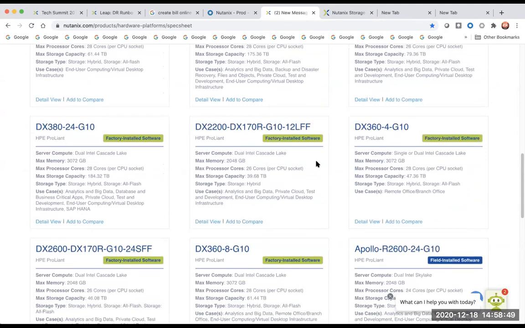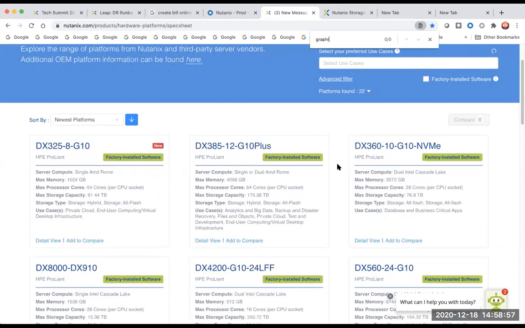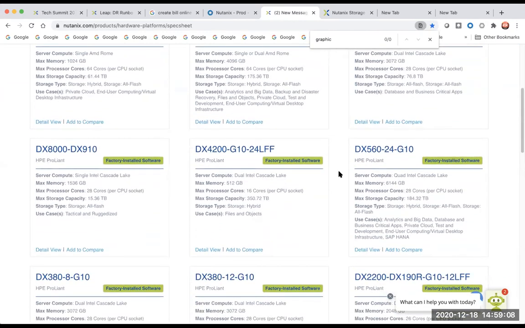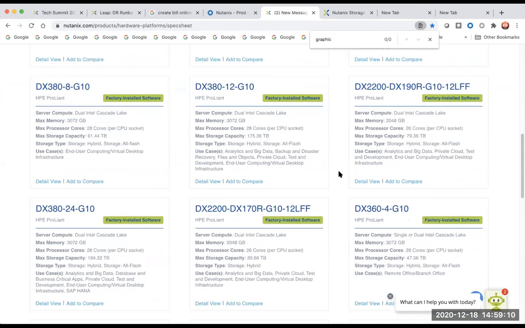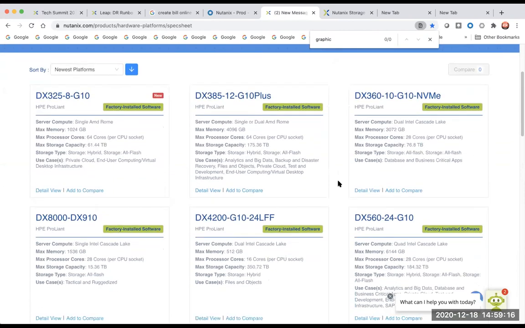Okay. So basically for VDA graphic we are 100% sure, to cut the question answer short, that you will not be able to use graphical users on that. But non-graphical VDA users, if you want to use, that will run on these same nodes. Okay. But let's say tomorrow I want to add one graphical node in this same cluster. Is it possible technically or no? No, not possible sir. You will have to create a separate cluster for it. But yes, sir, if you have a cluster with, say, 3 nodes and you want to add hardware with 2 graphical nodes, by hardware I mean the complete node, the whole node.